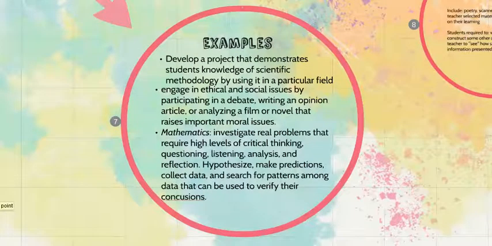So some examples of authentic assessment, really quick. Develop maybe a project that demonstrates student knowledge of scientific methodology by using it in a certain field. They can engage in an ethical or social issue, where you could have them debate or write an opinion piece, or analyze a film or book that raises really important